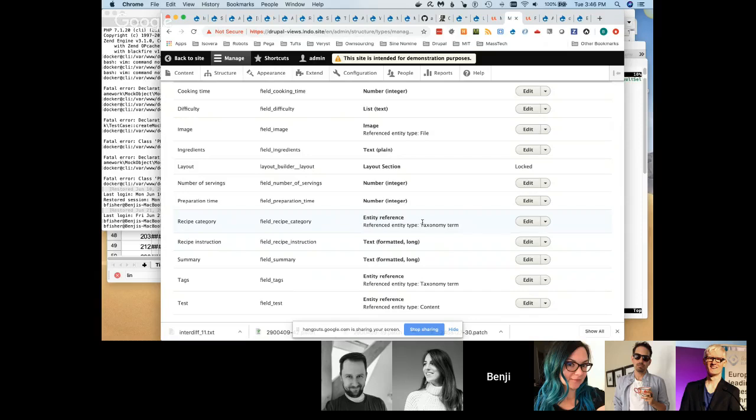Just to provide a little technical context: where you see it says text formatted long, that is technically a separate field type with separate storage from plain text without any formatting, long. That's probably why it is like that by default, because there are separate field types under the hood. And I'm not sure, given that they're technically separate,